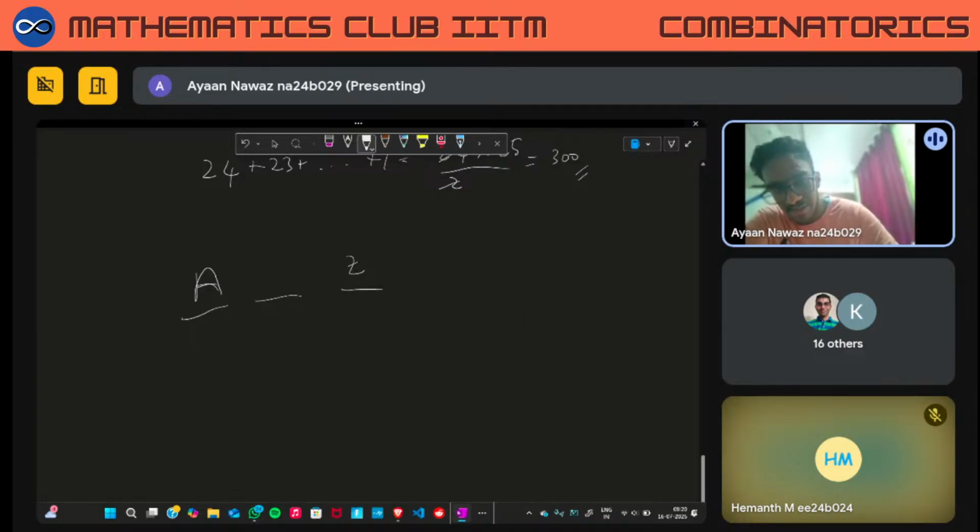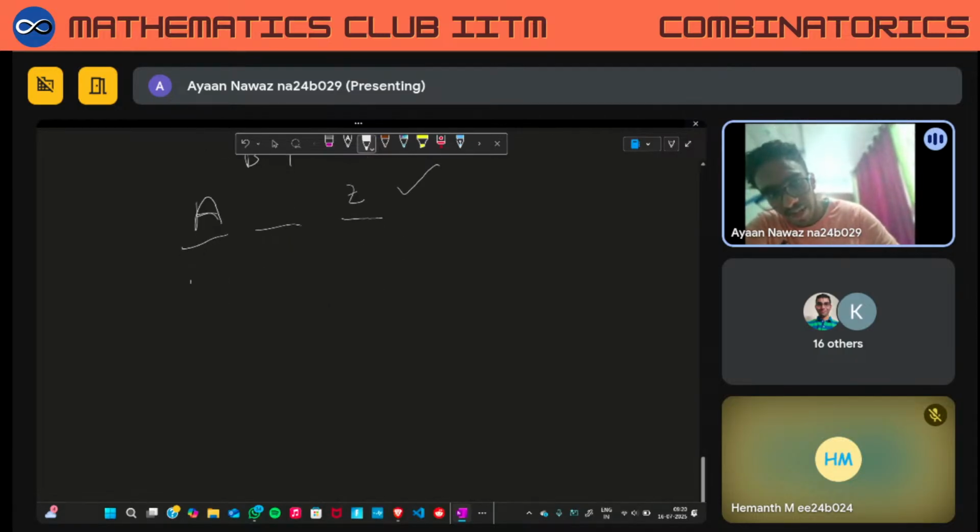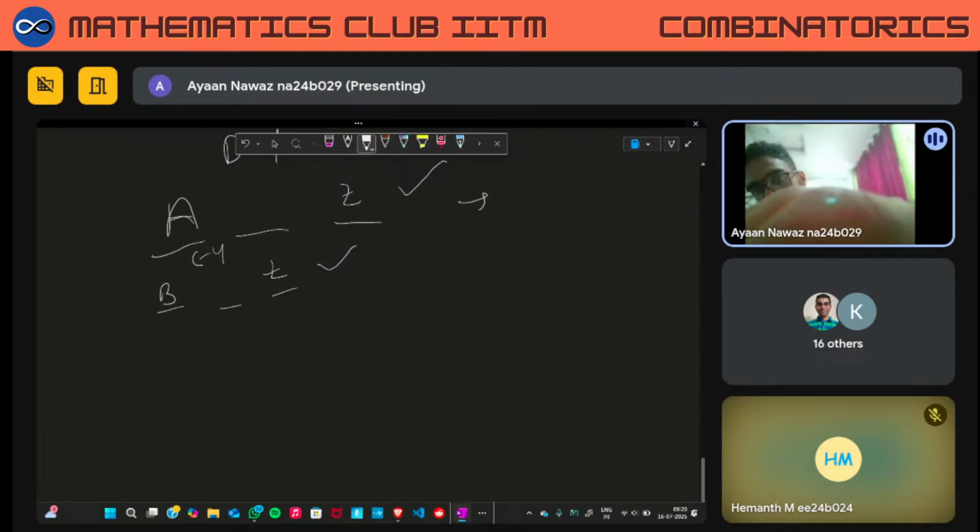Because we'll start doing it systematically. So A, the second letter can be anything from B to Y because then it will be in alphabetical order, right? The same way, if second letter is B, it can be anything from C to Y. That then also will be alphabetical order. There are 24 choices here,